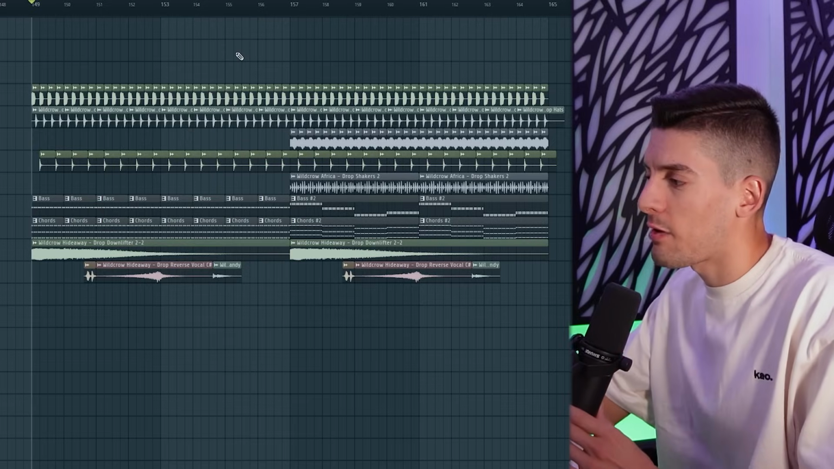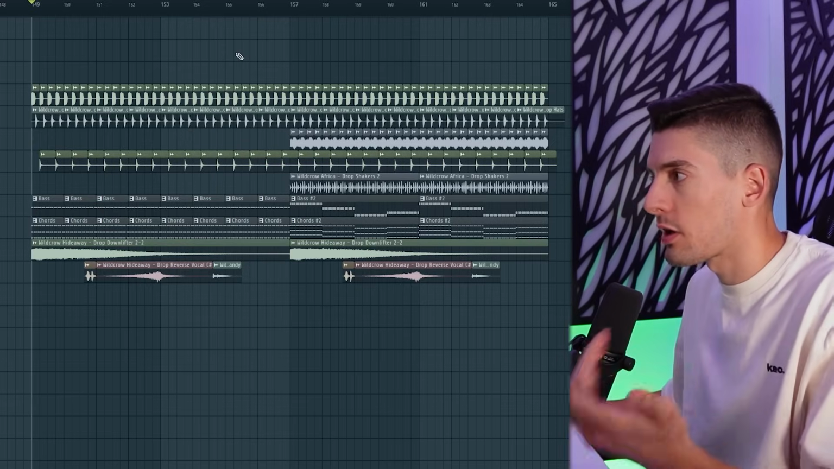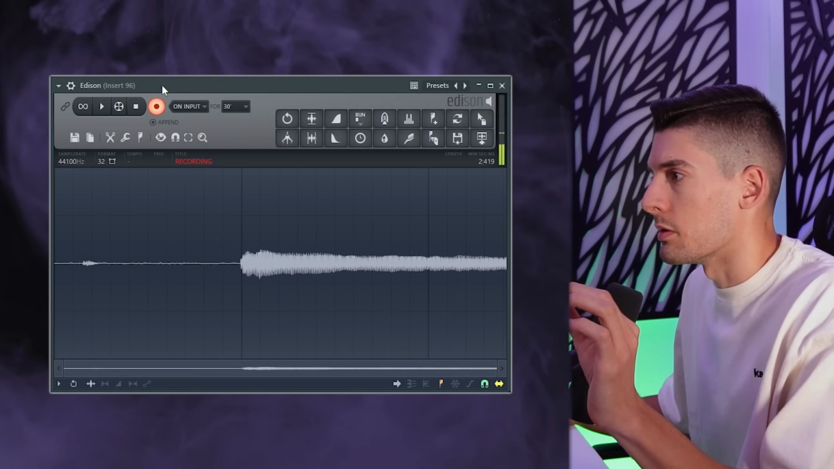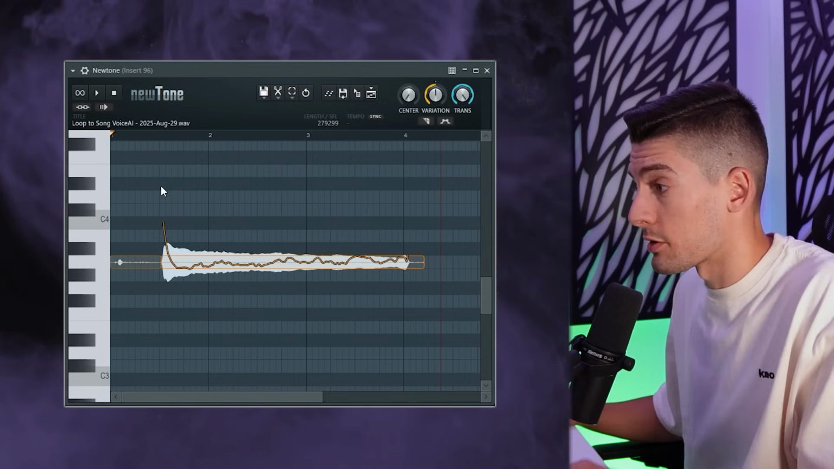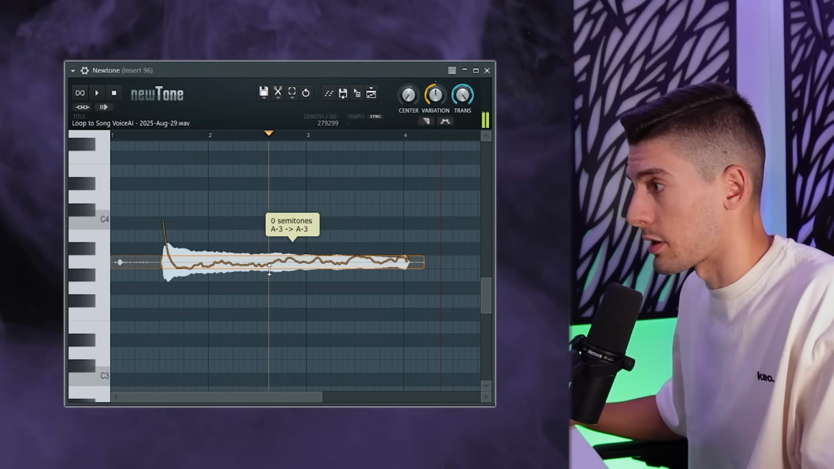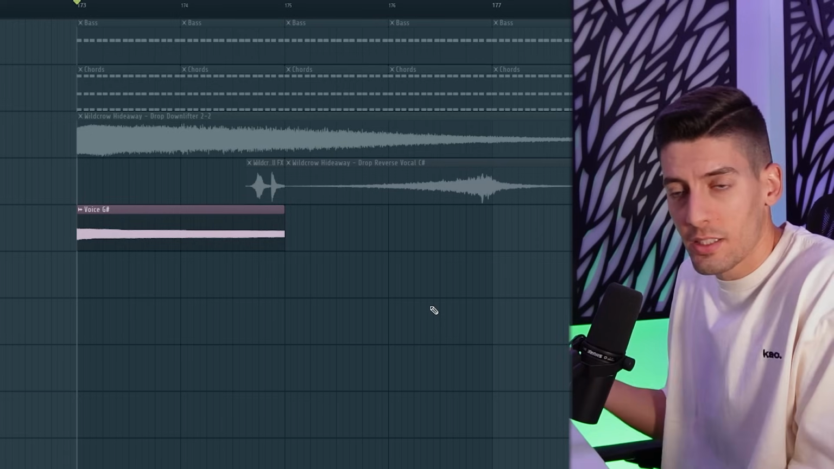I'm going to make it sound fuller by adding atmosphere sounds. I want it to sound kind of like ooh in the background, so I'm going to record it. Let me put it into Newton because I don't know if it's in key or not. No, it was a bit up. But as this is not nice for the drop,